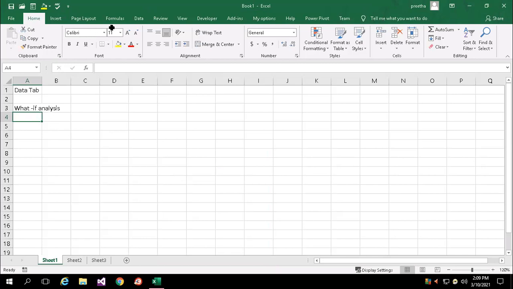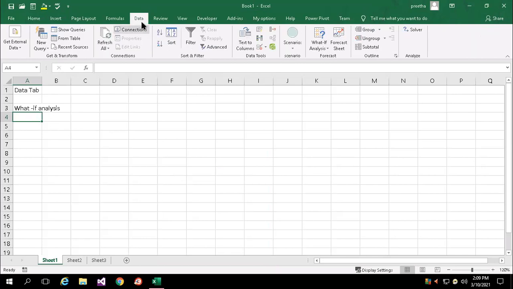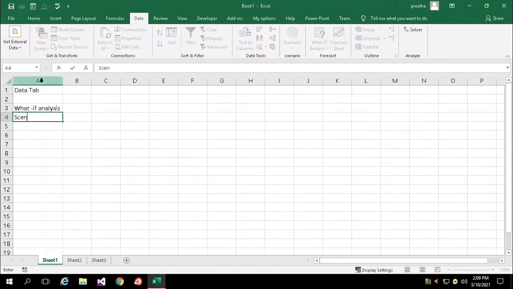So under data tab, we have one of the options, what if analysis. About that we will discuss today. Under that we have three options. One is scenario manager. Second one, goal seek. Then we have data table.